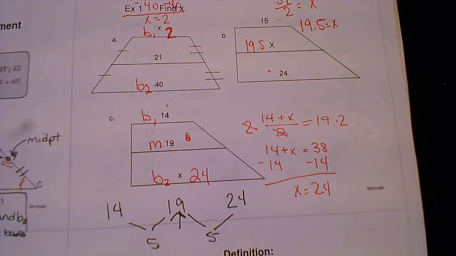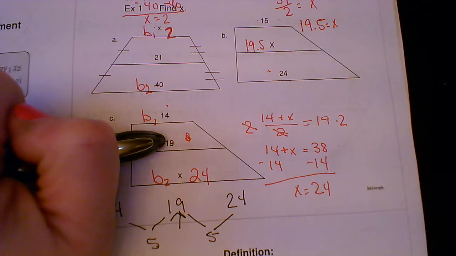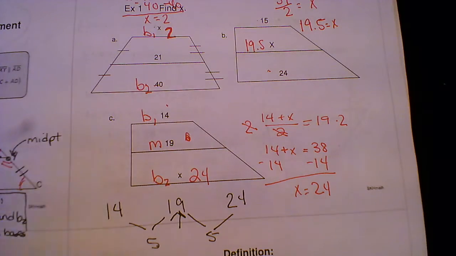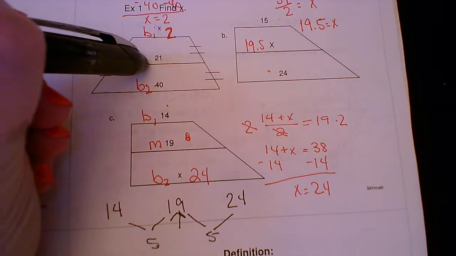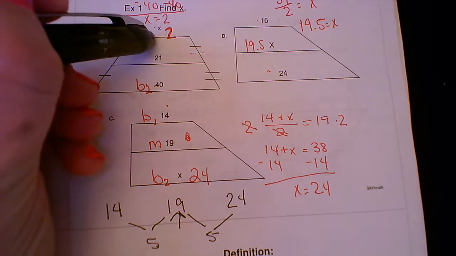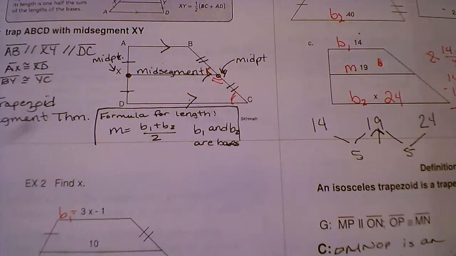So you can also think about solving it that way, more just logically. If you know that 14 is 5 units away from the middle, then you know the other one has to be 5 units away. Just like here, 40 was 19 units away from 21. So 19 units away from 21 is 2. Now this next one,